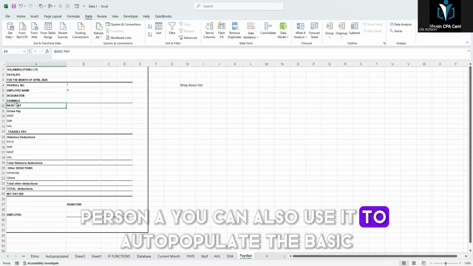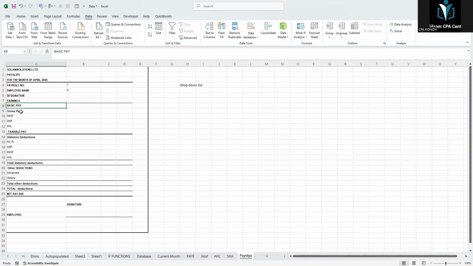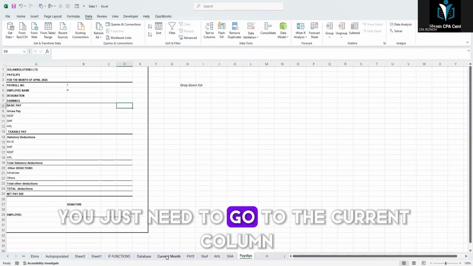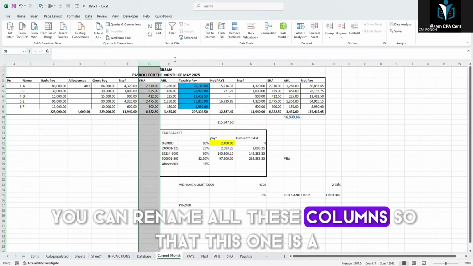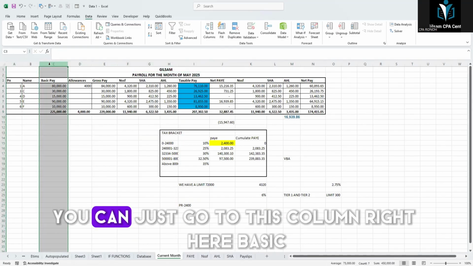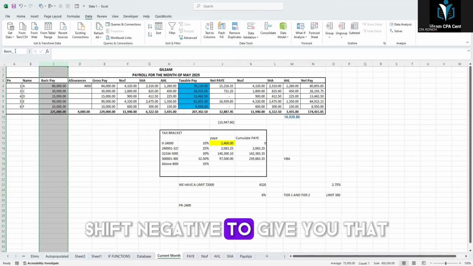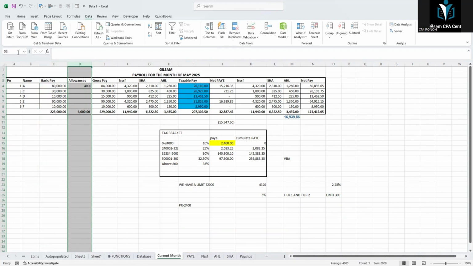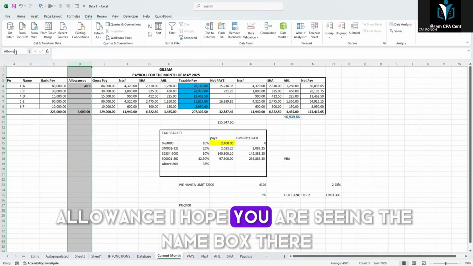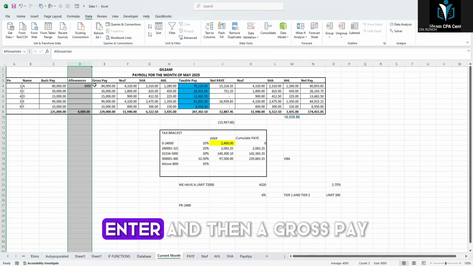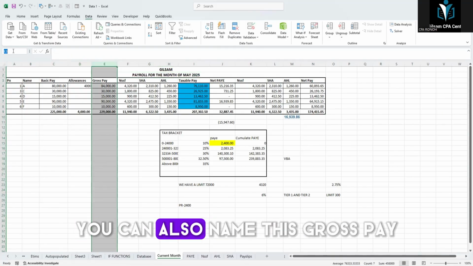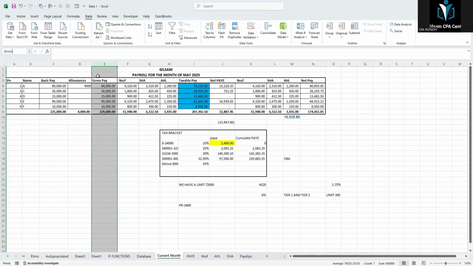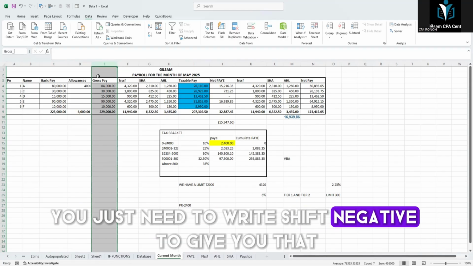You can also use it to auto-populate the basic and the gross. So for the basic, you just need to go to the current column. You can rename all these columns. You just go to this column, right here, basic, shift and the minus sign to give you the underscore, and then you say basic pay, enter, allowance, enter. I hope you are seeing the name box there where we are writing allowance. Enter, and then gross pay. You can also name this gross pay. Shift and the minus sign to give you that